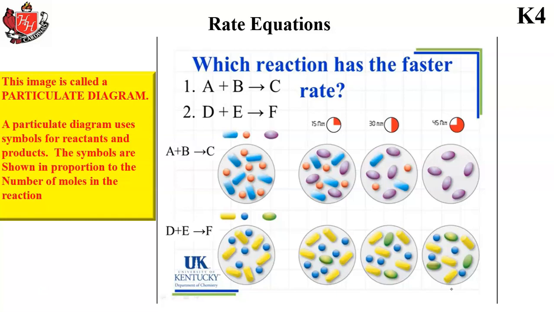In the second reaction, you start off with reactants D and E, that would be the blue circles and the yellow ovals. And as you move across to 45 minutes, you have some green ellipses, and those represent the products. However, you'll notice you still have blue circles and yellow ovals. So one of two things has happened. Either this reaction is slower than the first reaction, or it could simply be that it's reached an equilibrium,